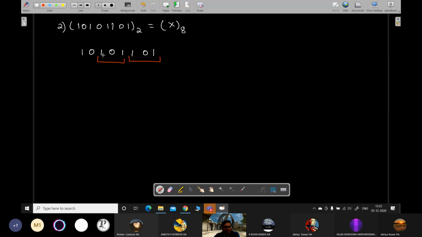Doesn't matter. If you are not able to complete the last group, add a 0 before it. If only 1 had remained, you could have added 2 zeros. So if you do not get the required number of elements, that is 3 digits in the group, add zeros before it, because adding 0 before it doesn't make any difference in any number system. And then form it as a group. We can leave it like that too. Up to you. Just for consistency of the approach, I have told you. Otherwise, even if you leave it, there is no problem, because that 0 doesn't make any difference.